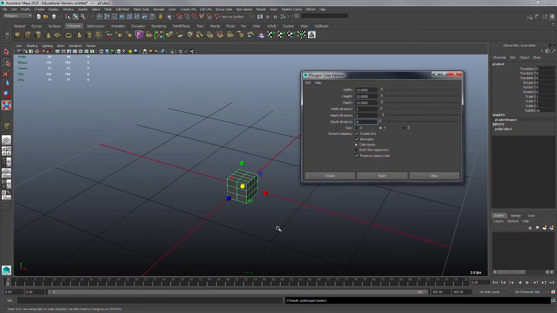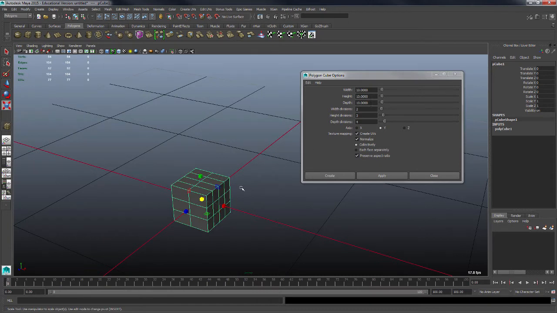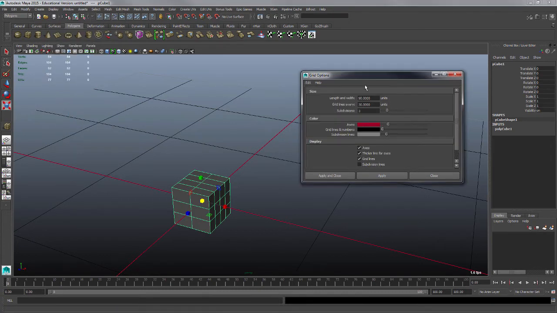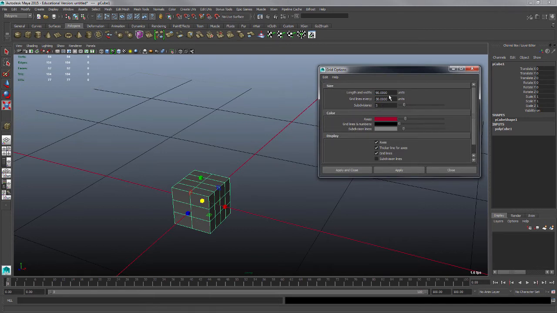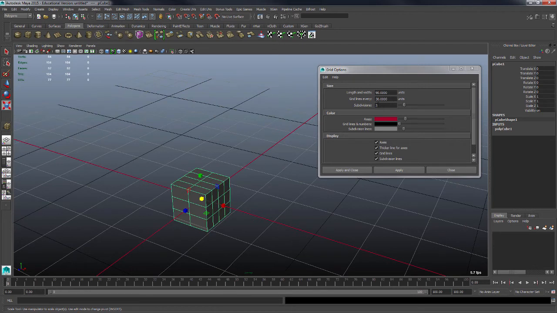Okay, so it's created a cube for us that's 10 units by 10 units by 10 units. And the other video I showed you, we can set up our grid, and if we go to Display, Grid option box, I've currently got my length and width set to 90 to push out how far the grid goes. Grid lines every 30 units like this, and then the subdivisions are set to 3, and I don't have subdivisions visible, so I'll hit apply like that, and you can see that's going to show up for us. If I put this subdivisions to